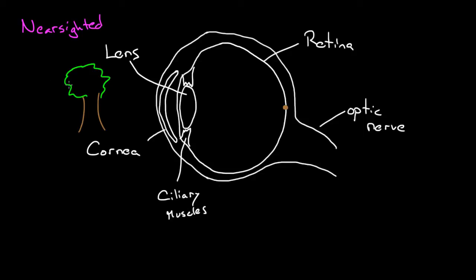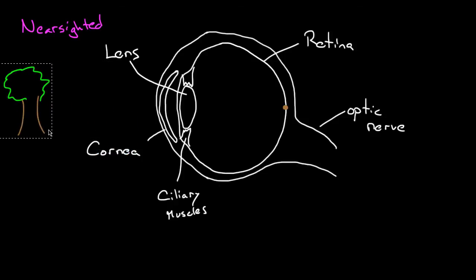So we need to take this tree. I'm going to take it right here, and I'm going to move it farther away. Now the eye has trouble seeing it. And so now the eye is going to form an image, maybe up here. Well, that's not good. We need to bring this back over this way,